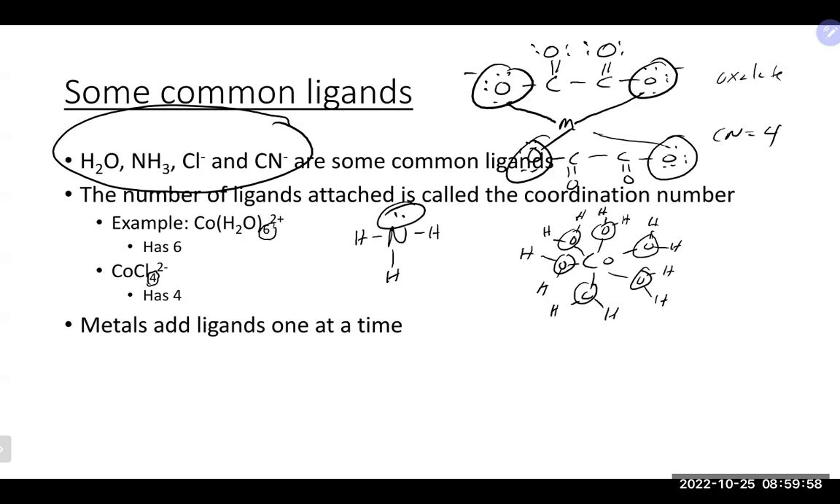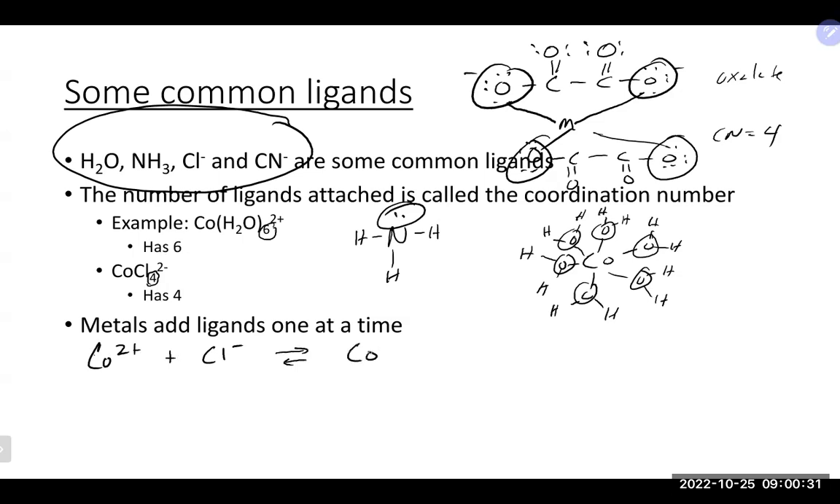Now, ligands actually add one at a time. Kind of like hydrogens, when diprotic or polyprotic acids lose hydrogens, they lose them one at a time. These ligands are actually added on one at a time. So if we look at the cobalt example, the first thing that would happen in this particular case is our cobalt would actually pick up one chloride,